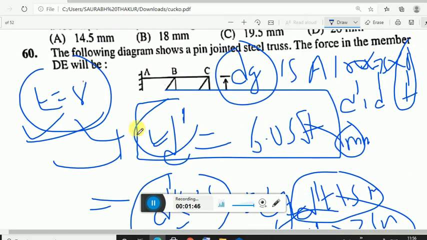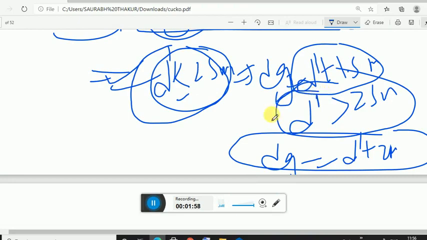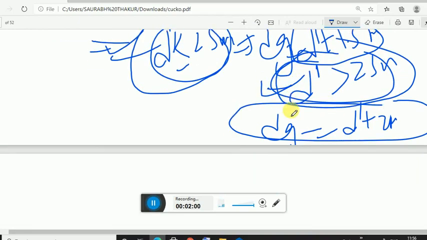What you have to do is the first step using Unwin's formula. You have to calculate the nominal dia and check whether it falls in the condition d dash less than or equal to 25 mm or d dash greater than 25 mm. Okay, let's move to the next question.